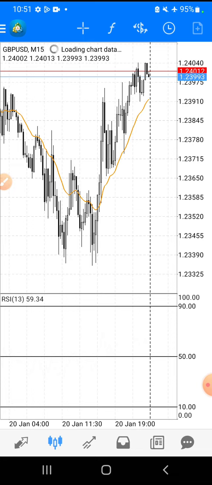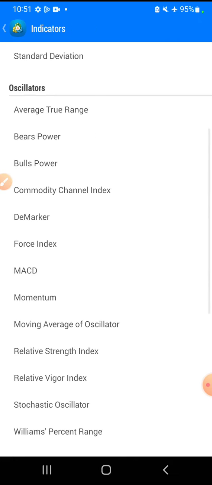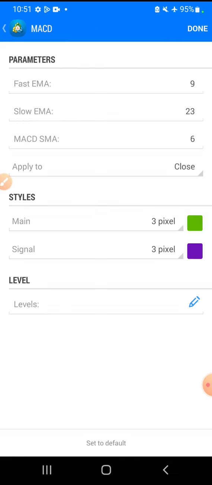Okay, the next indicator that we want to install is the MACD. So I'm going to go back to indicators, but this time we want that MACD to fall under our indicator window 1. So I'm going to click indicator window 1 this time instead of clicking on main chart. Okay, and we're going to look for the MACD, found it, and it's going to have the following properties.